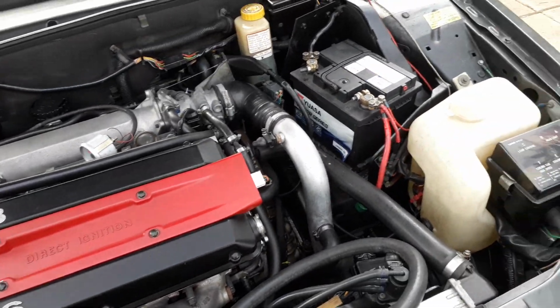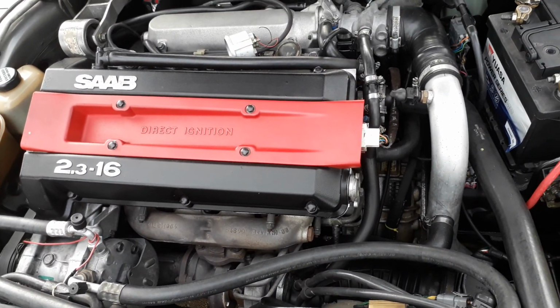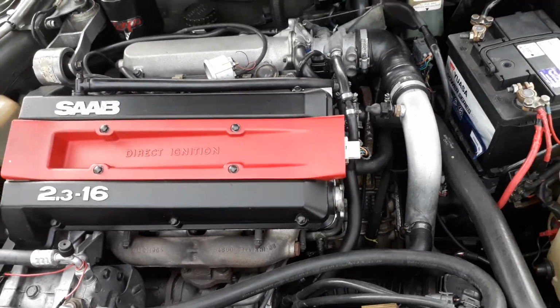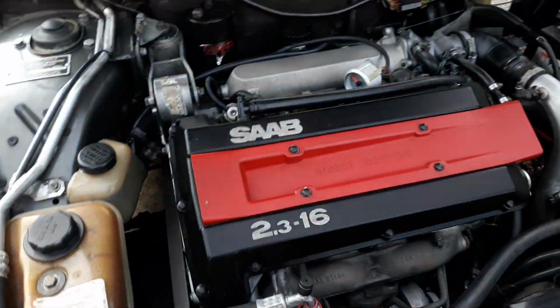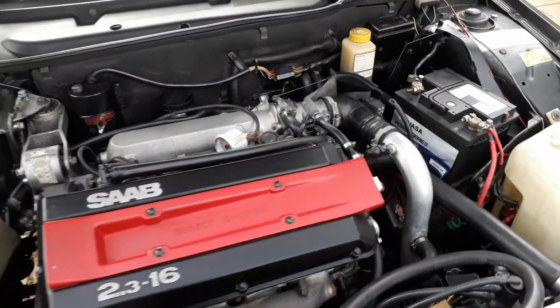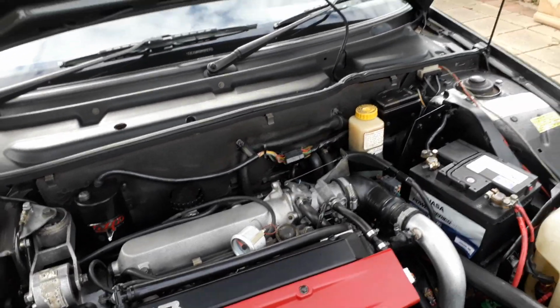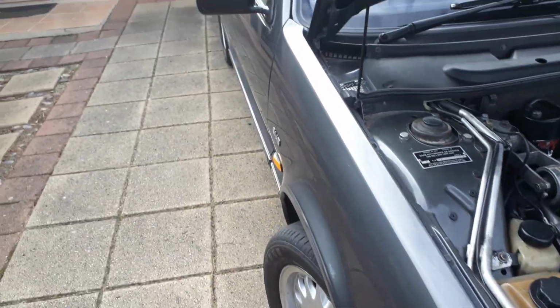The cars don't overheat. The fan kicks in a lot earlier, so for our climates that's better. But everything else is original, as you can see. It even comes with a Cobra alarm system. I don't use it anymore, but it still works, and it actually has an aftermarket